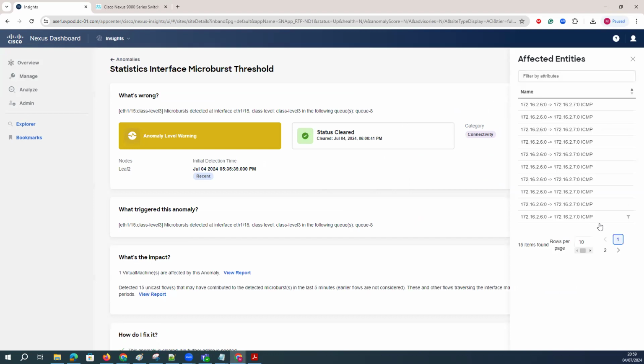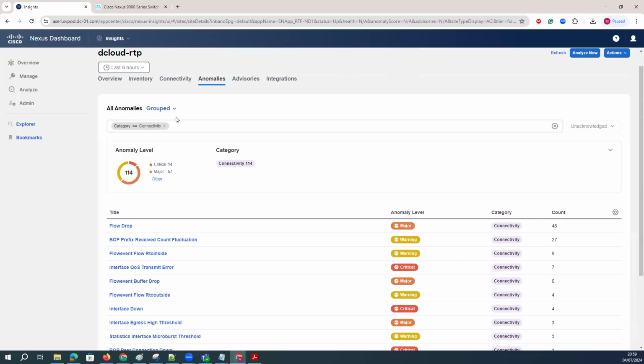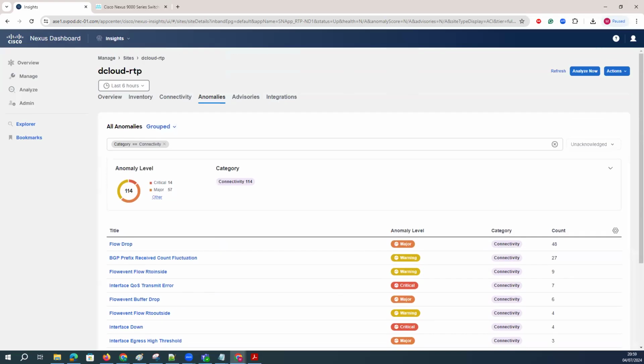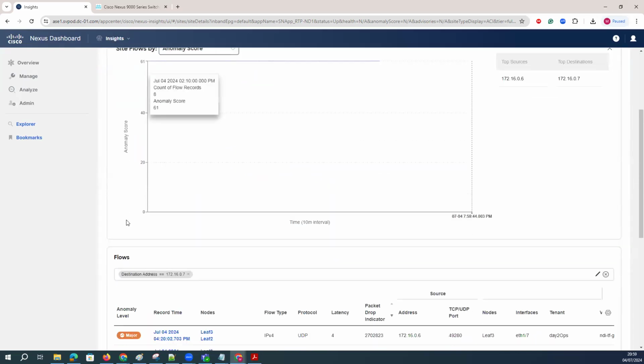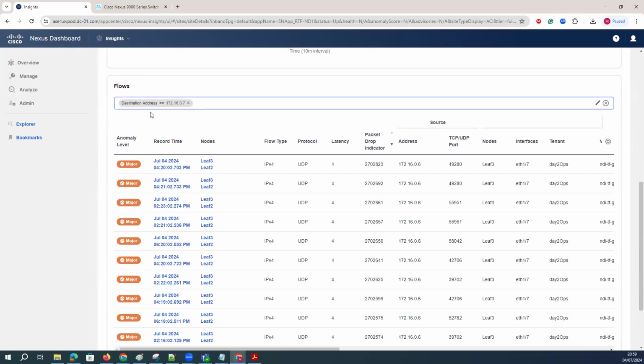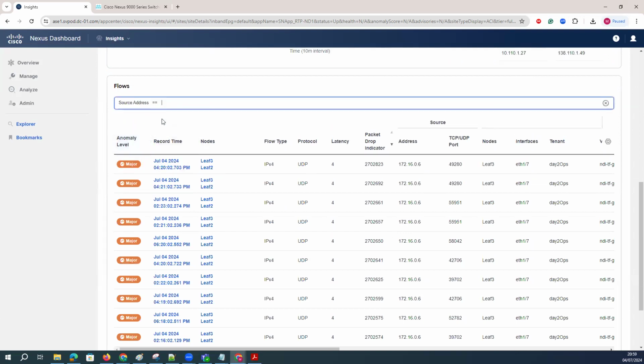And you can follow what particular packet is dropping, saying that this is the ICMP which is dropping the packet. Okay, now if you want to check the specific source and destination detection, definitely you can check here. For example, if I go to the connectivity, to the flow, I want to see the detail of the source which contains